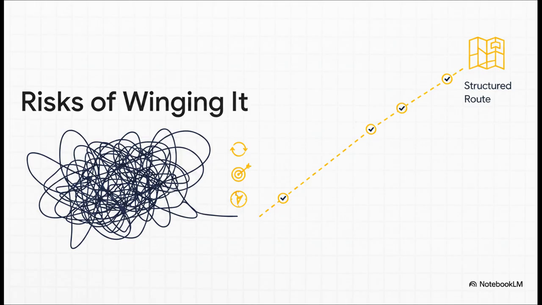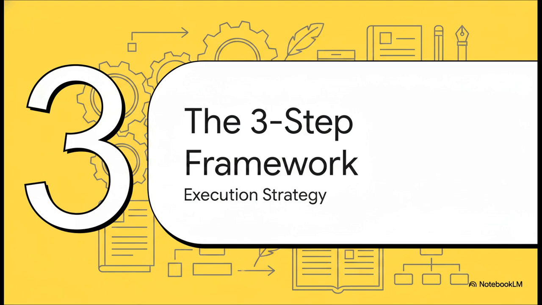But more importantly, you fail to provide a conceptual map for your reader. Think of your academic structure like a high-end GPS. If you don't map out your argument in advance, your reader is forced to play this frustrating guessing game trying to figure out where on earth you're taking them. And trust me, a confused, frustrated professor does not hand out A grades. Planning an outline centered around your research question is absolutely necessary to control your scope right from the start. Which brings us to Section 3, the 3-step framework.